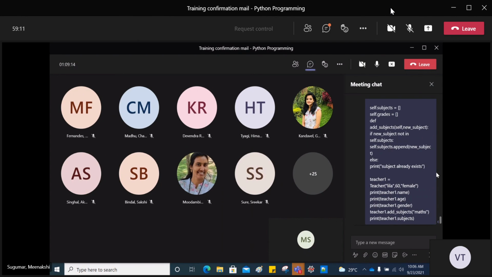You have one father class and a separate class called mother. Those are two separate classes. And let's say you are creating a class named child and you want to inherit the properties of both father and mother. In that case, what you can do is